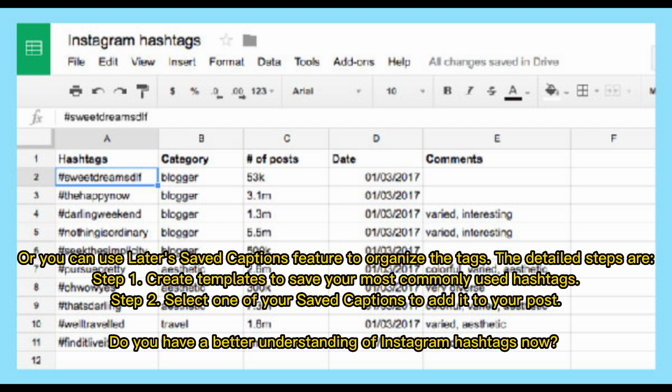The detailed steps are: Step 1. Create templates to save your most commonly used hashtags. Step 2. Select one of your saved captions to add it to your